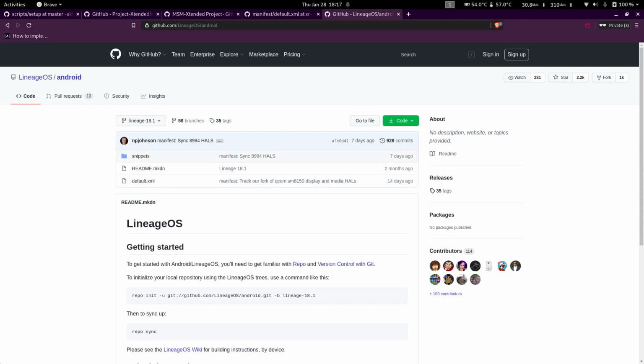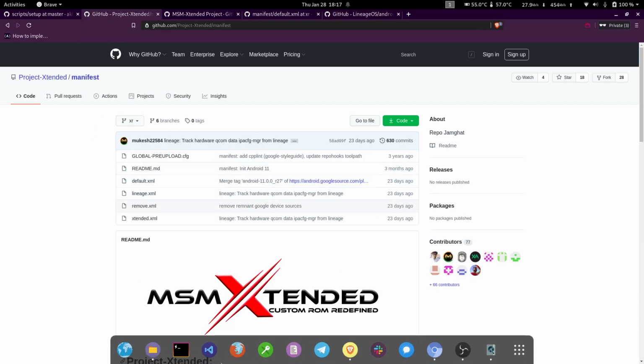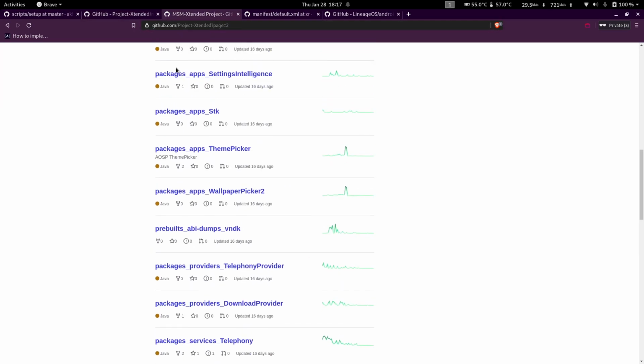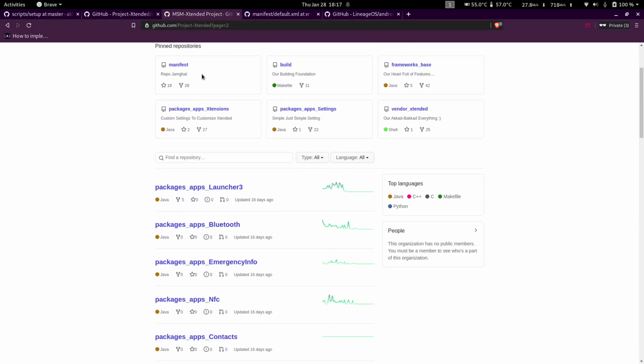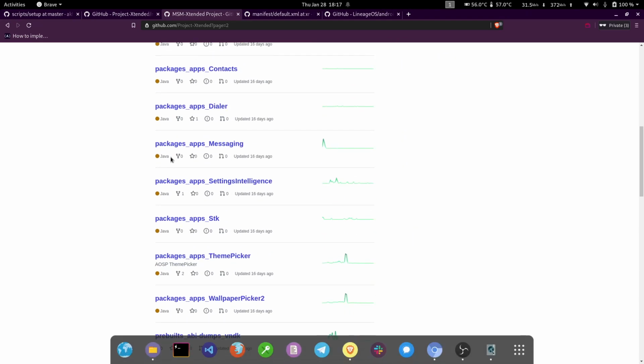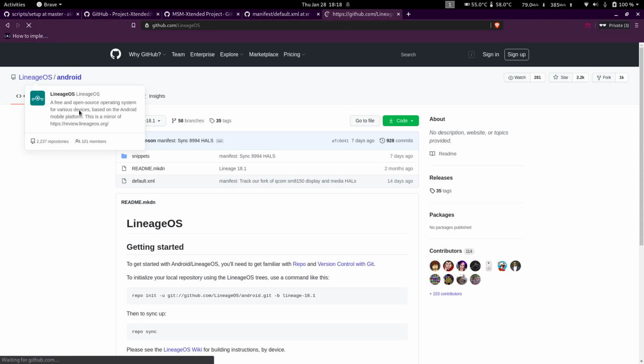Okay, so now you have synced all the repositories, and you basically have the ROM source on your laptop or your server or wherever you plan to build. So what do you do next? Each device has a unique source, which is basically called the device tree.